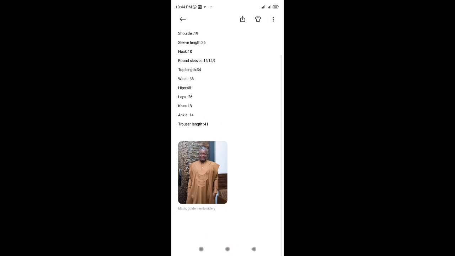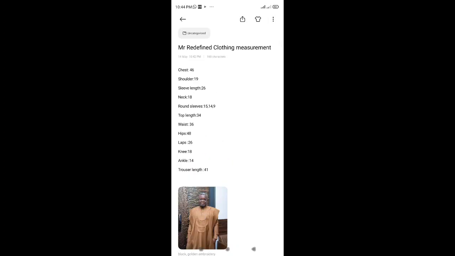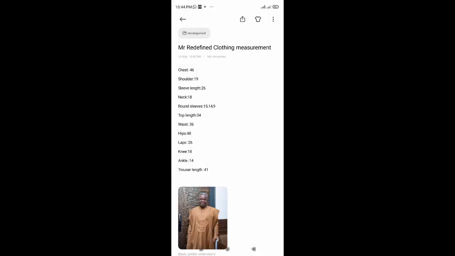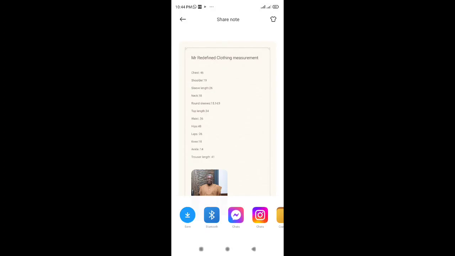So once you are done with this, you can see how precise it is. If you want to send this to someone, you can just click on share, this button here, and then send as picture, so that the picture will come in with this whole write-up. Send as picture, then select the platform or the medium of sending,